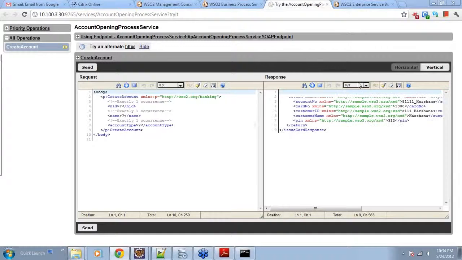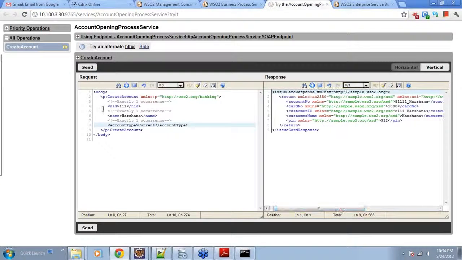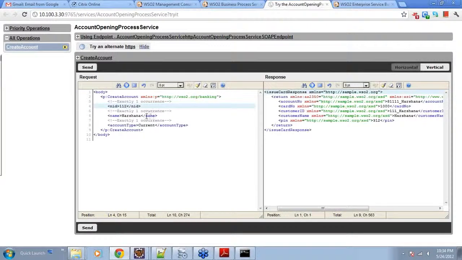Now we have entered the information, and you can see the invocation is successful and this message has appeared here. So I have entered my NID as 111, my name is Harshana, the account type as current. Once I do that, I get the PIN as 312 and some other information like the account number, the card number, the customer ID, customer name, and other information. If you change this information,